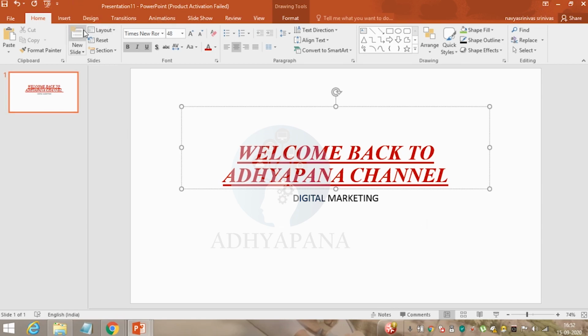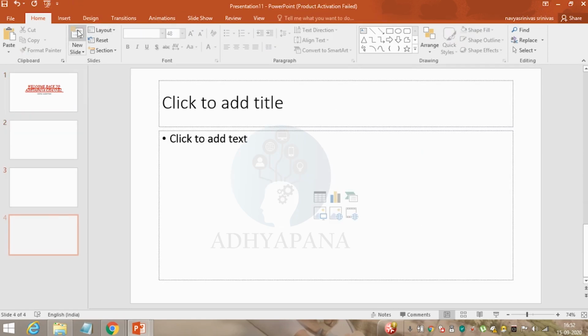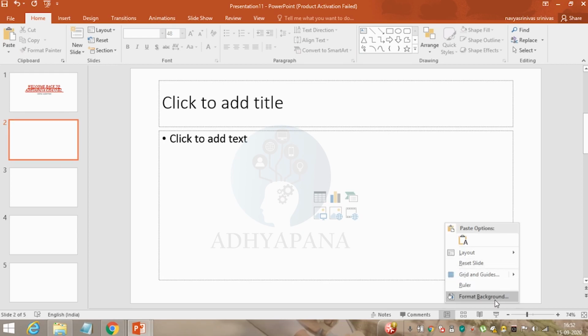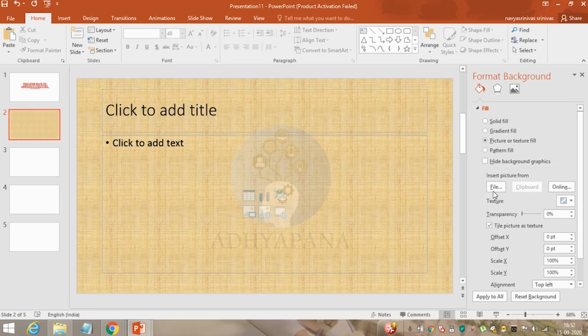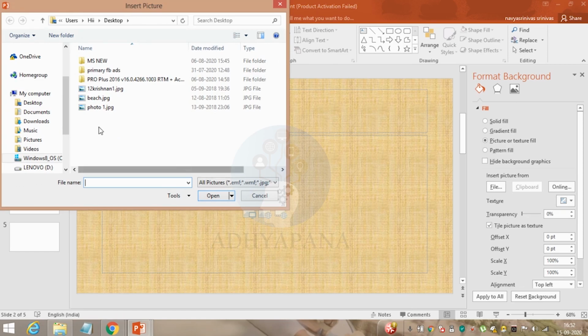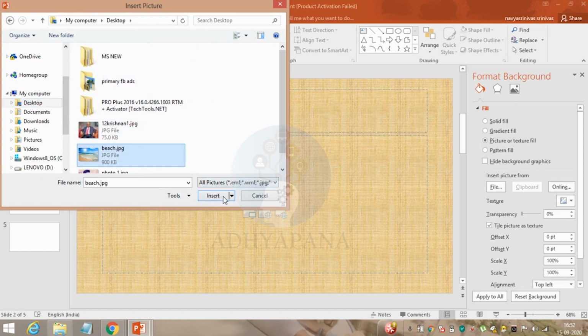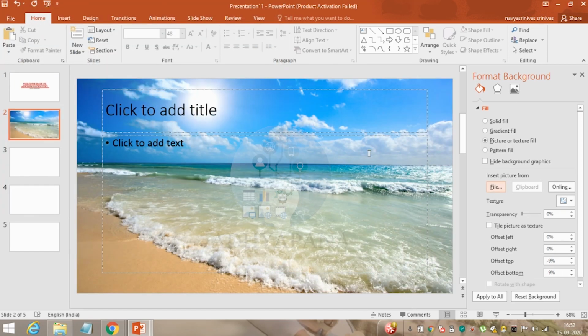If you want to add a new slide, just tap on this so that you can add so many new slides over here. For example, if you want to create your own customized format background, just right click on format background, tap on picture or texture fill, select file, select the images whichever you want. I'll just give insert so that this is my customized format background.